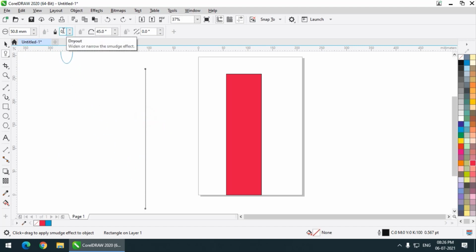Now we have the diode value. We'll see what exactly the diode value is. And we also have pen tilt. Now as you can see, the pen tilt is right now set at 45 degrees, and you can see how the nib size looks. It is not a perfect circle, it is looking oval shaped, but as I increase the angle, the pen tilt, the maximum value is 90 degrees, then it will become a perfect circle. So this is what we can do.